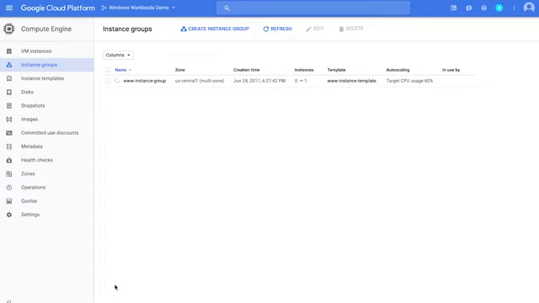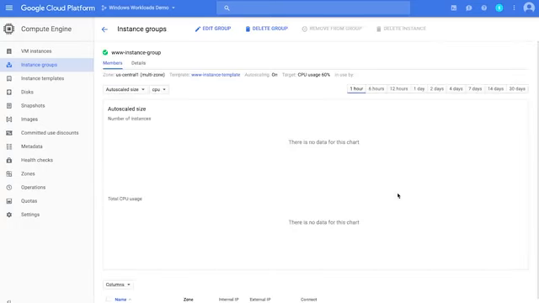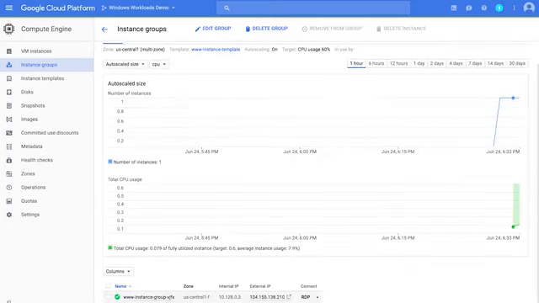You'll notice how the managed instance group will automatically provision the minimum number of instances that we specified in our pool. As we said that we wanted between 1 and 3 instances, the managed instance group will be directed by the autoscaler to create 1 instance. Okay, now our managed instance group is up and running. We can drill down into the managed instance group and you can see that it has 1 member.